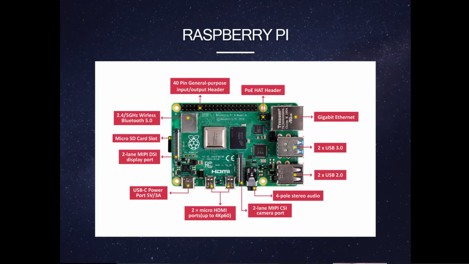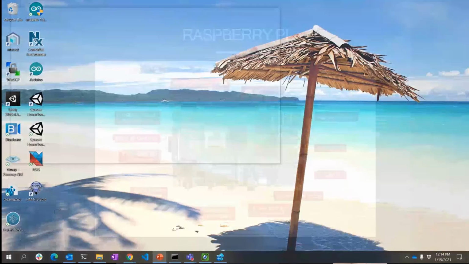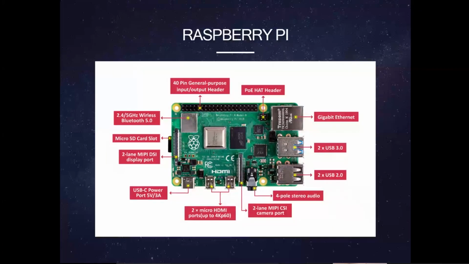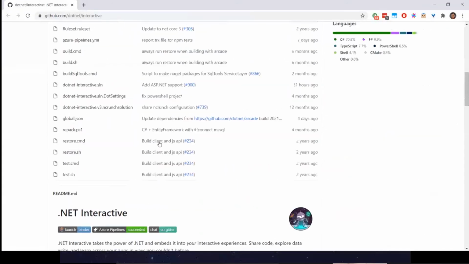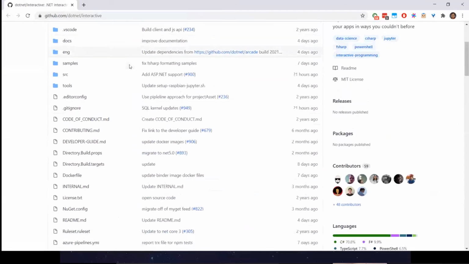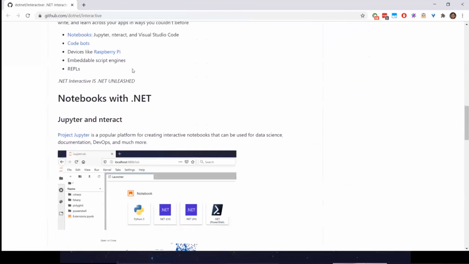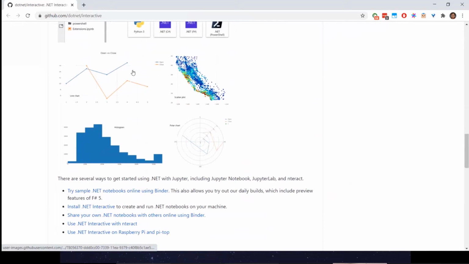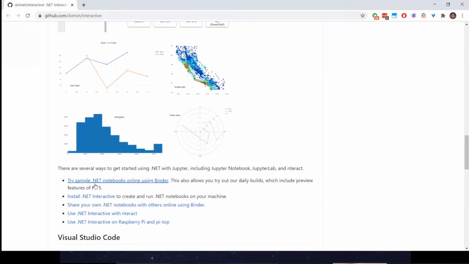The easiest way I can tell you, if you want to experiment with this, is to go to the .NET Interactive website, or on GitHub. It's open source on GitHub, and there is a link right in the middle where it says try sample .NET notebook using online or using Binder. So if you click on that,